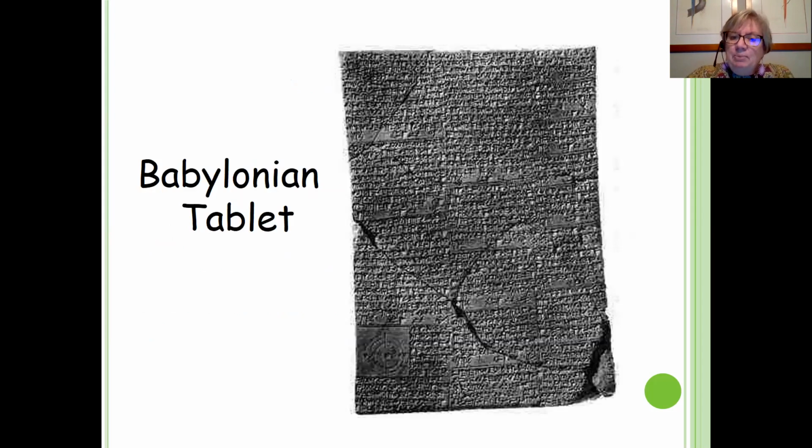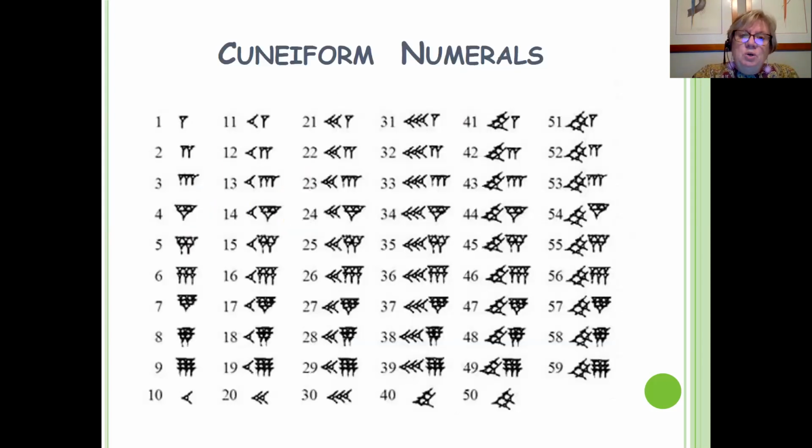There's a picture of a tablet. You can see part of the problem with the clay tablet. The nice thing about it is it's nice and hard, so it's going to last a long time, but it also gets dry and it breaks. And you've got a lot of battles going on around here. Things get dropped. Even on a good day, things get dropped. So you've got pieces here, you've got cracks where some of the information is lost. But if we could get really close in there, we could pick out some of these numerals,